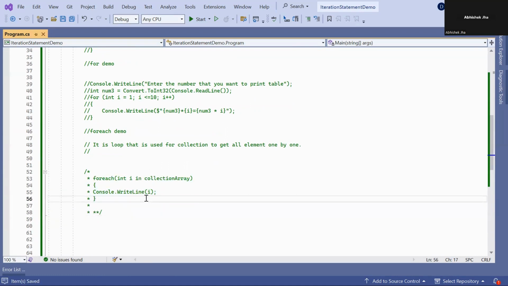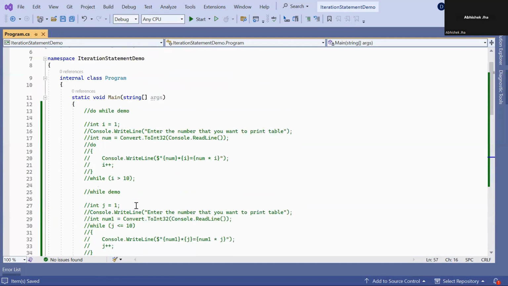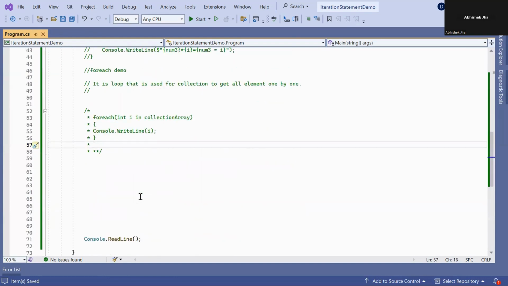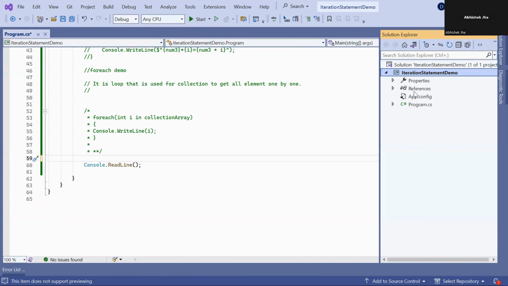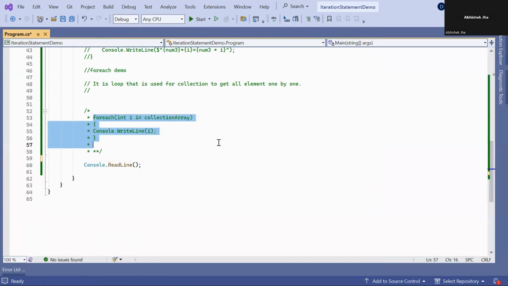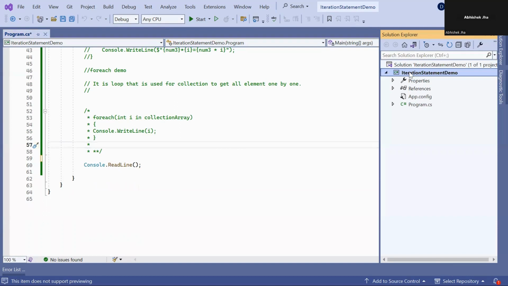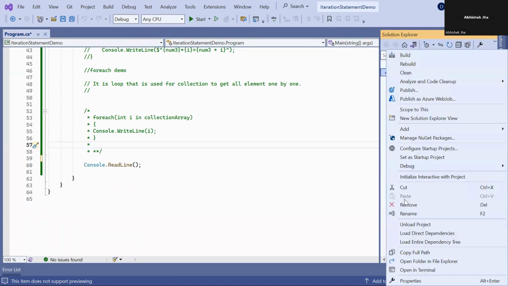Okay, so now this is all about the looping concept in C#. This is the way to define do while, for, and foreach loop. So let me explain the array part, and then we will see how we can use foreach in array.